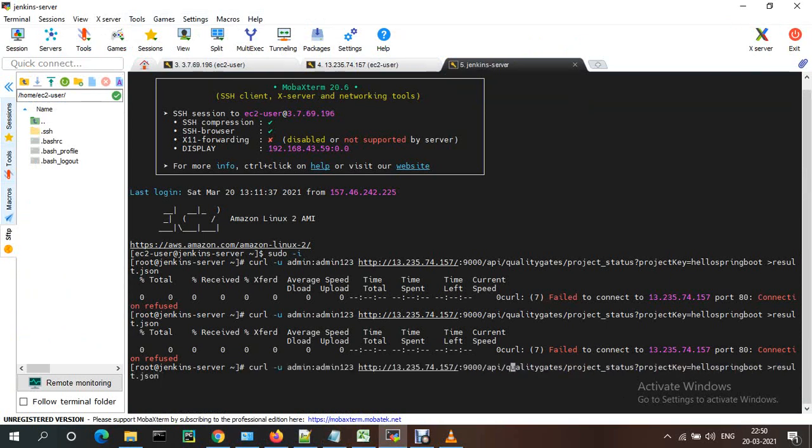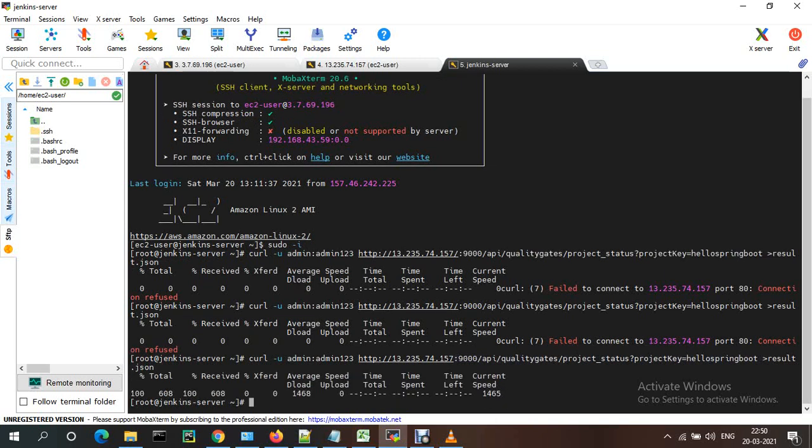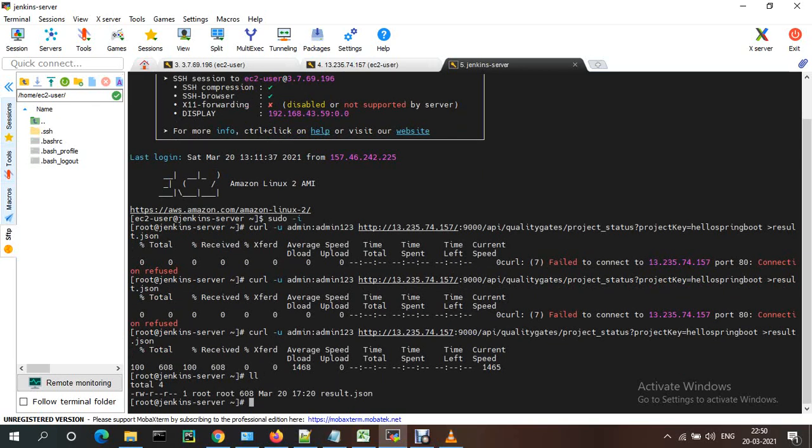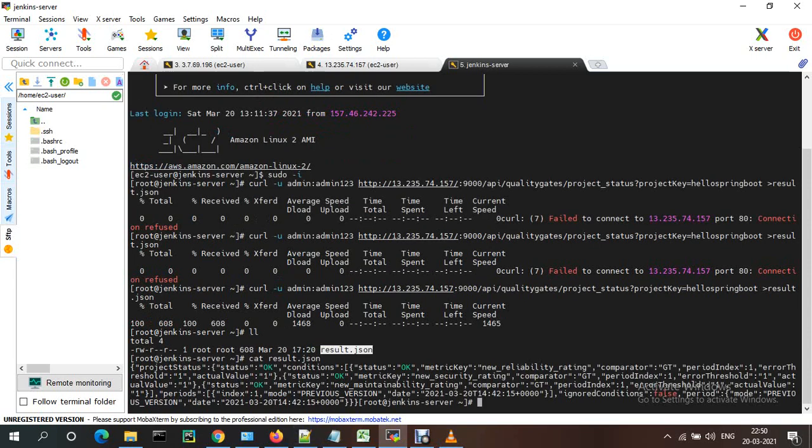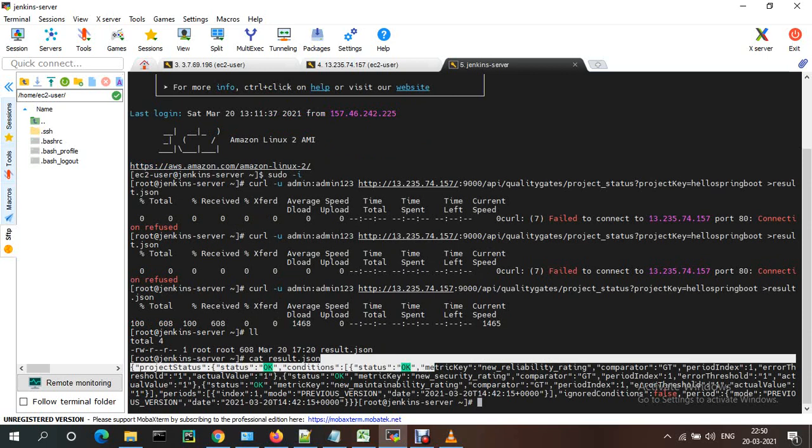Just remove this icon. See, this is the issue. Now the file is downloaded. If you want to see this file, the results are JSON. See, it will show you the project status is okay, and the conditions, and the metrics. Everything will be displayed in this file.